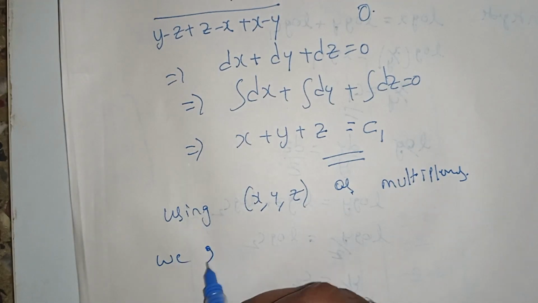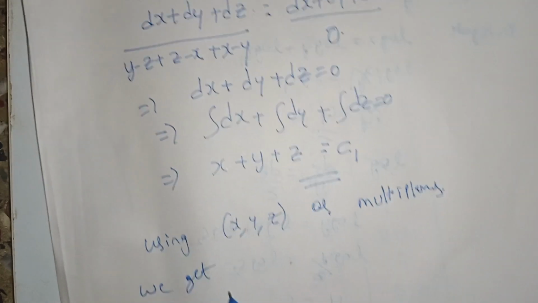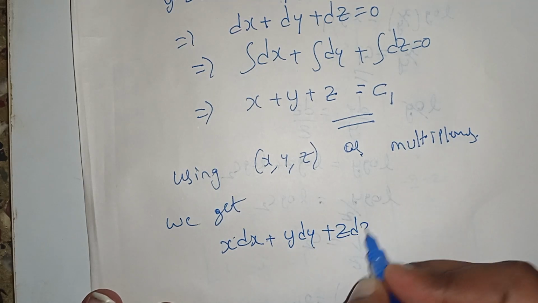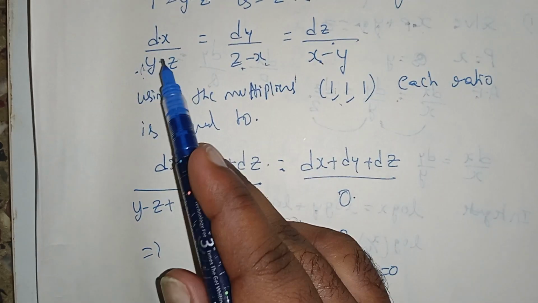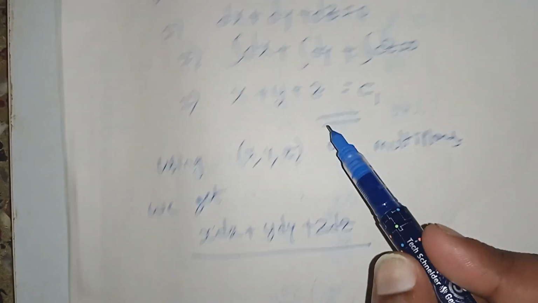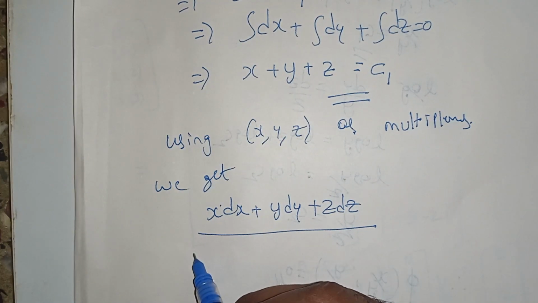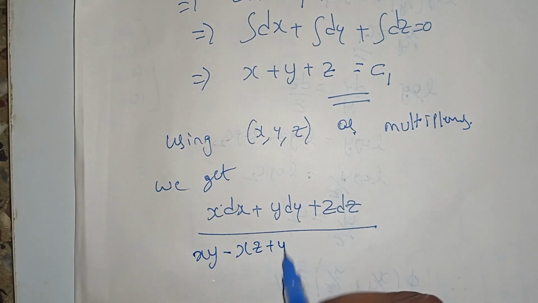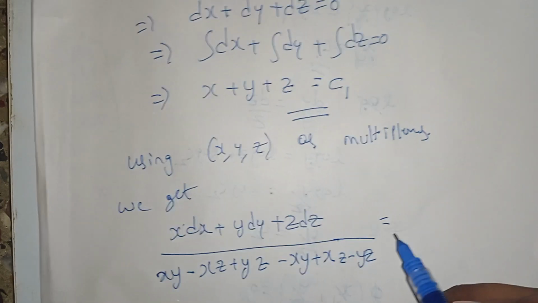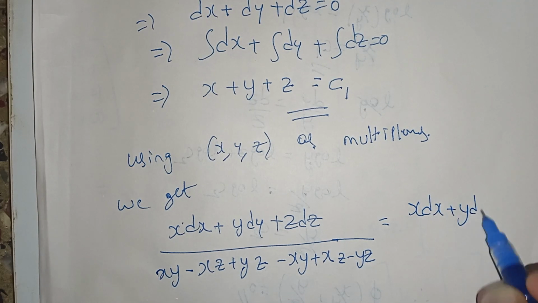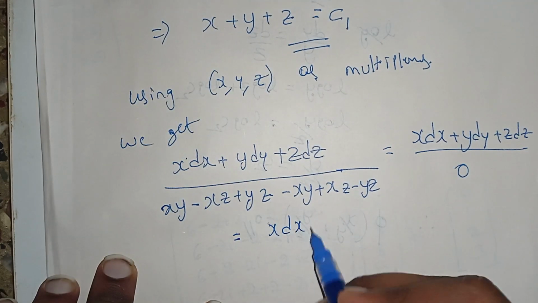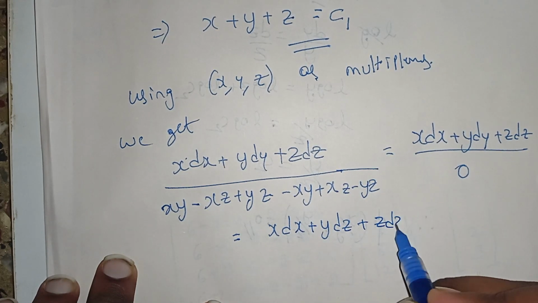we get the numerator becomes x dx plus y dy plus z dz divided by, you see here, the denominator, if I multiply x to the first term, y to the second term and z to the last term, what do we get? xy minus xz plus yz minus xy plus xz minus yz, which gives you x dx plus y dy plus z dz divided by 0, which gives you x dx plus y dy plus z dz equal to 0,